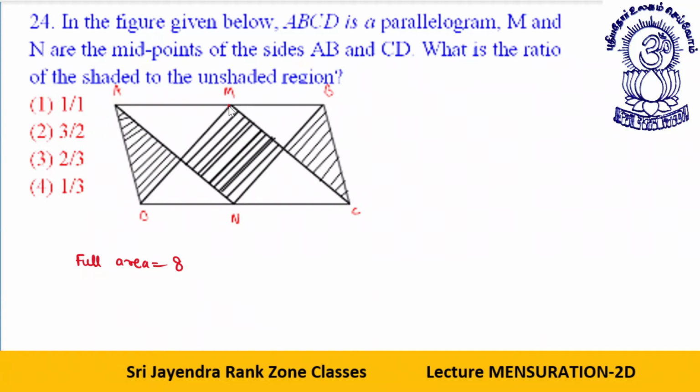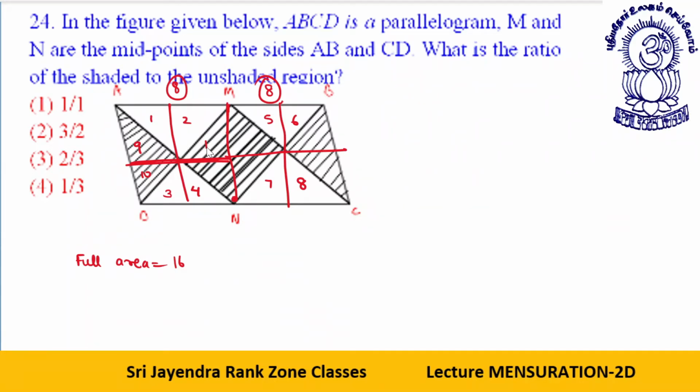Now, what I can say, let's say the area is 16. So area in this portion is 8, area in this portion is also 8. Now I join this and I join this. Look, how many portions are there? 1, 2, 3, 4, 5, 6, 7, 8, then 9, 10. All of them are equal, okay? 11, 12, 13, 14, 15, 16.